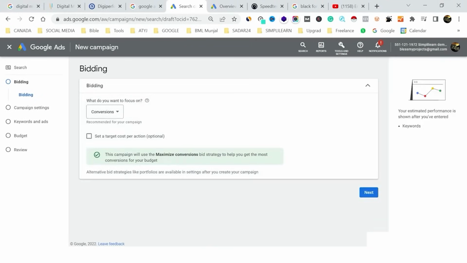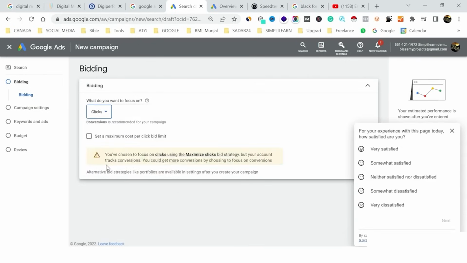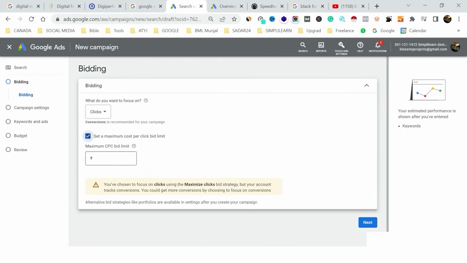And then the very first thing you see is bidding, which we have just learned, that we pay on a cost per click basis. So clicks, and you can always set up your bid limit, that I do not want to pay more than, suppose, 1 rupee a click, or 2 rupees a click, or 5 rupees a click. Okay, and there is another thing which we have to discuss before we talk about the bid limit. So let me just take you to the